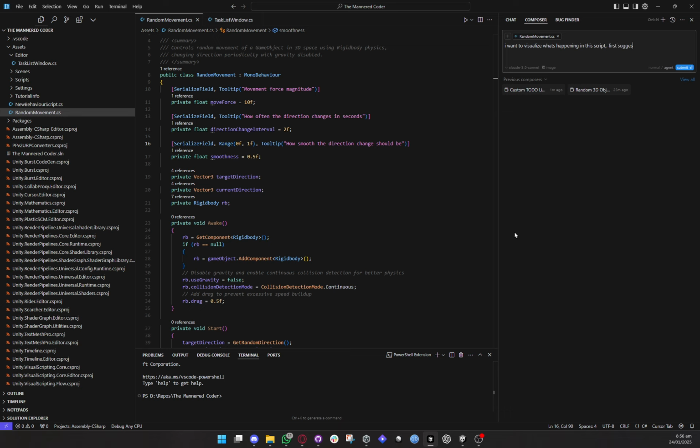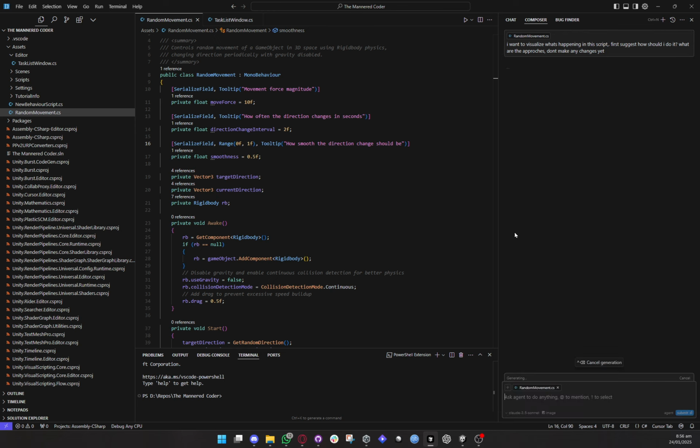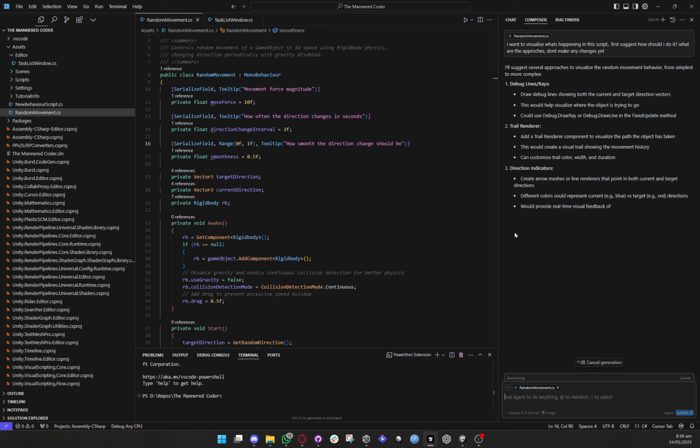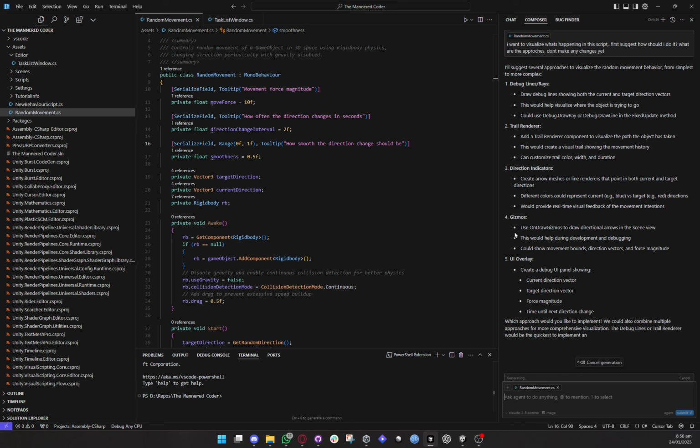First, suggest how should I do it? What are the approaches? Don't make any changes yet. Okay, so I know there are a few ways to do it. I could do ongoing, I could do debug stuff, I could do rendering, I could do gizmos, right? So here's the thing, have a discussion with it before you actually commit to something. Now, it did not do